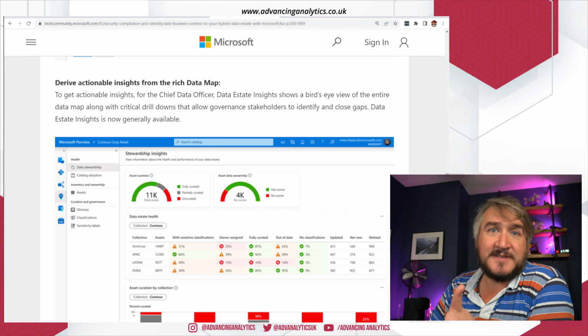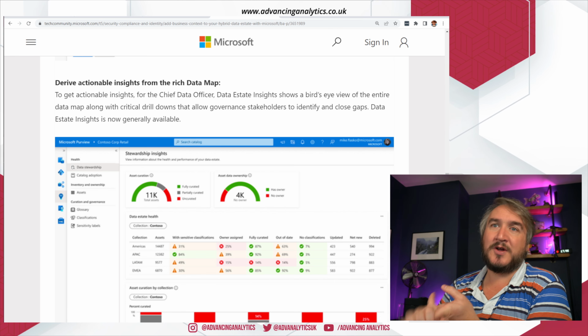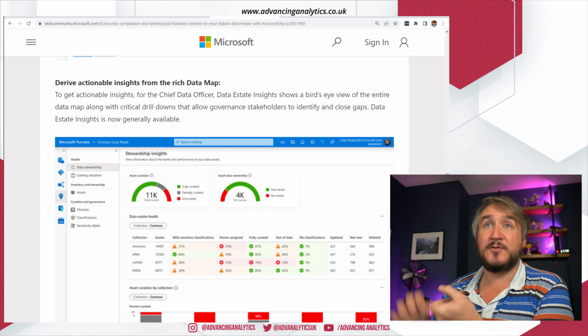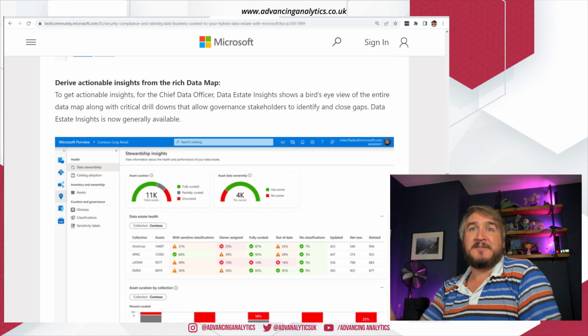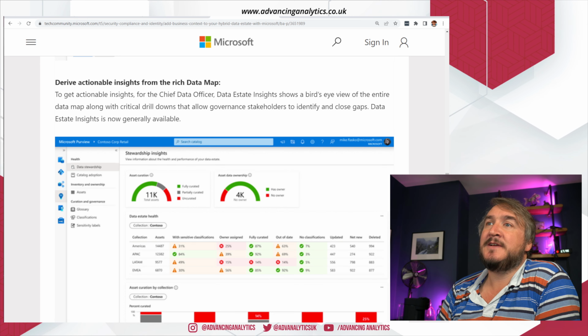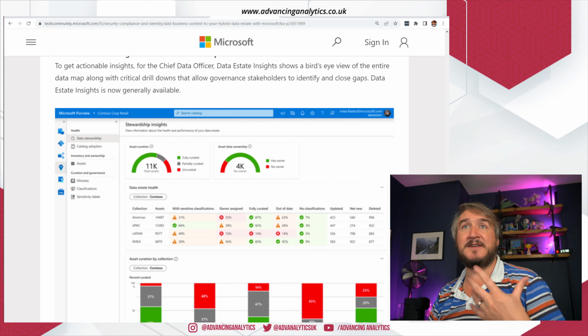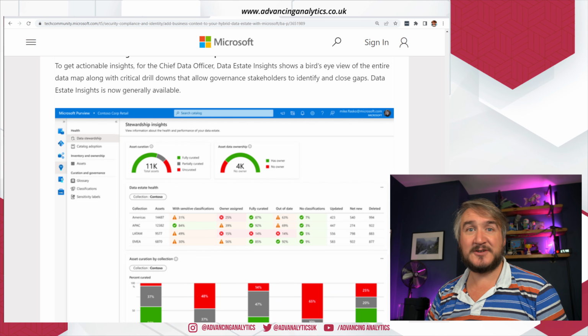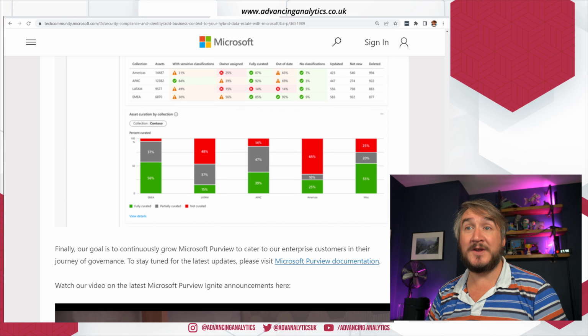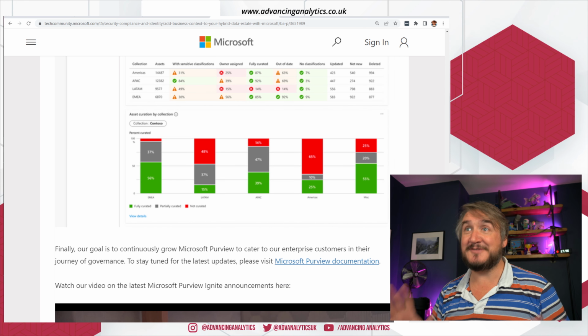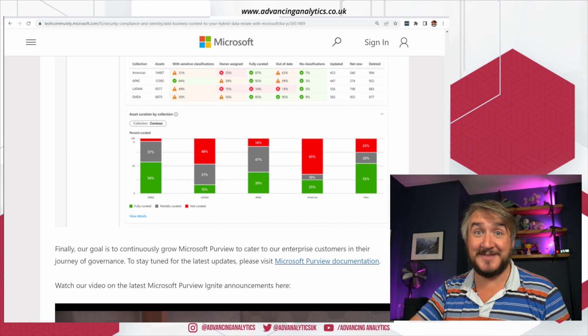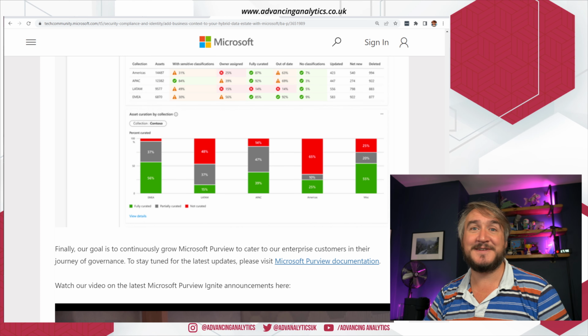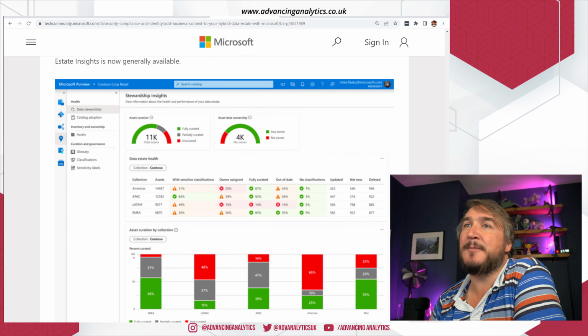Again, more insights. Now almost like a scorecard saying this is what you need to go and do, this is what you need to go and look after as part of the insights that you're getting out of Purview. Based on all the things that you've gone and scanned, it's now just a little bit more proactive. It's saying, this is what you need to go and do. This is as a result of everything we scanned. You need to go and look at this. This is dangerous. You're missing your KPIs.